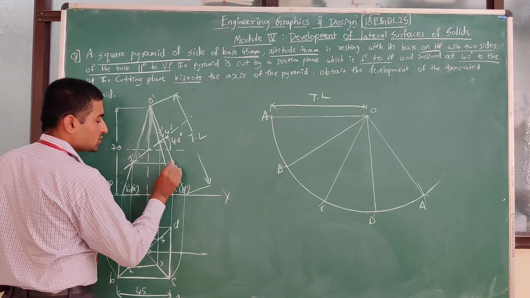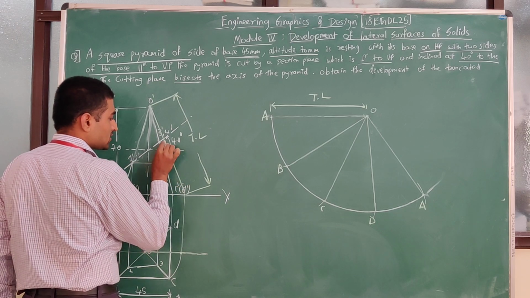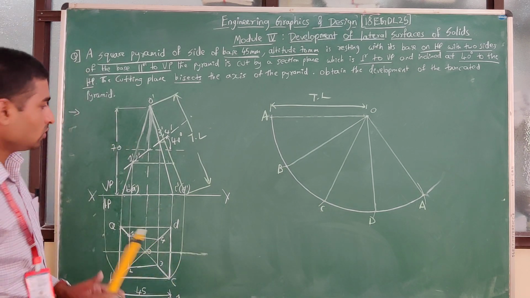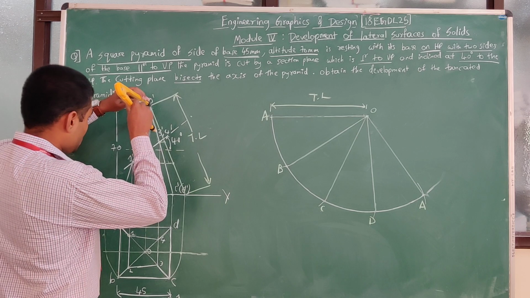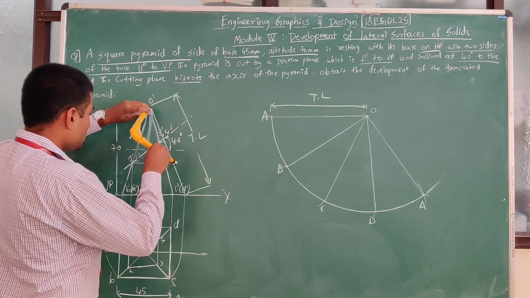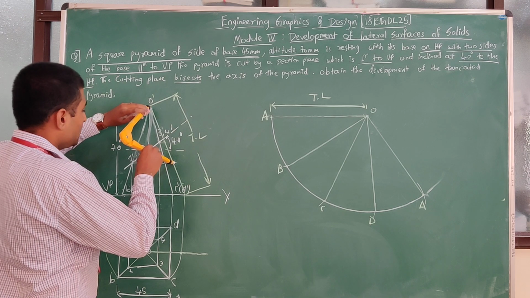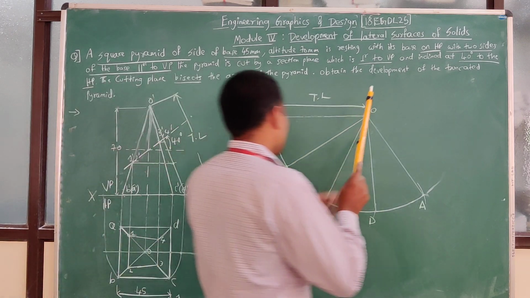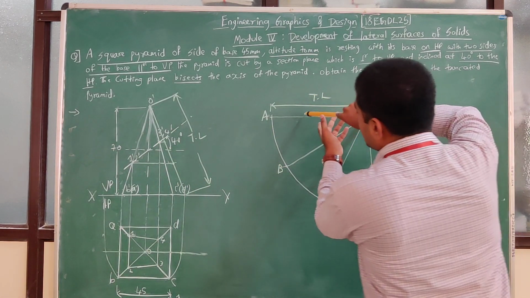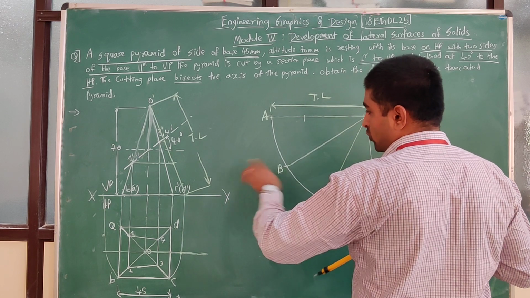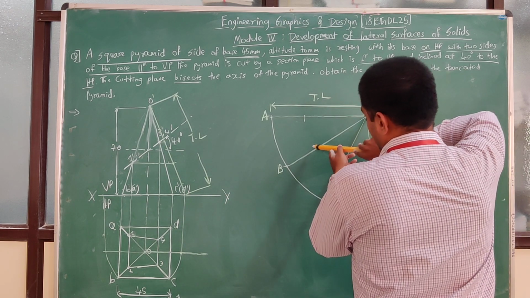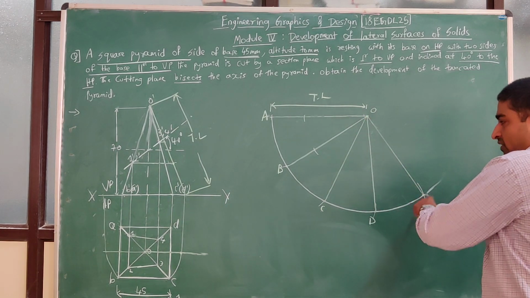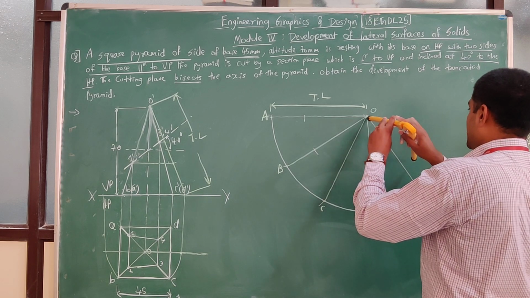So here one point is there. This is 1 dash and 2 dash, and this is 3 dash and 4 dash. Very clear? Okay. So now I am going to take this distance, that is O to 1 dash and 2 dash. I know that the edge length remains exactly on the edges OA and OB, right? So I am going to cut an arc here. O to A, I am going to measure, it is the same length. O to B is also coming with respect to that, so I am going to cut with the same length. Now what about this one? Again O to A is fitting there, so let us go with O to A again and cut the same arc.